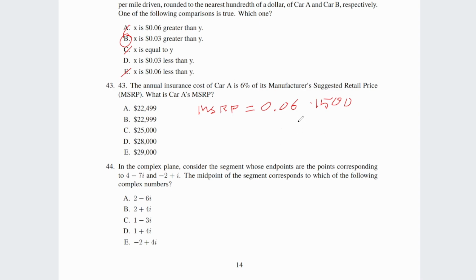And we can just divide 1,500 by 0.06 to do this. MSRP times 0.06 equals 1,500. We can just divide this by 0.06. Or excuse me,